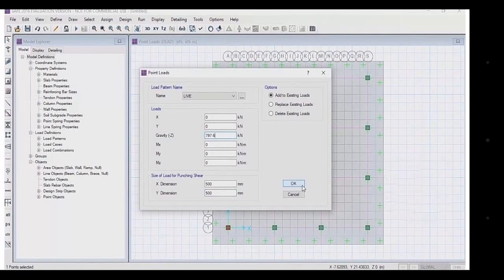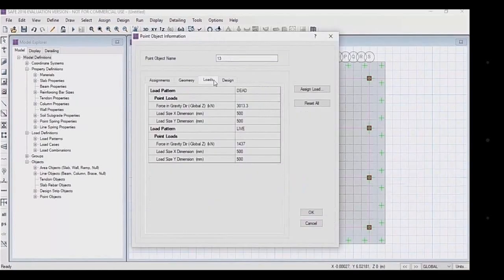And for live load, again click on that column, then click on assign point load, and change the name to live. The live load should be 797.6 for column 1 and the dimensions are 500 into 500 mm. Then click on OK. This process continues up to column 16, and for every column the dead load and live